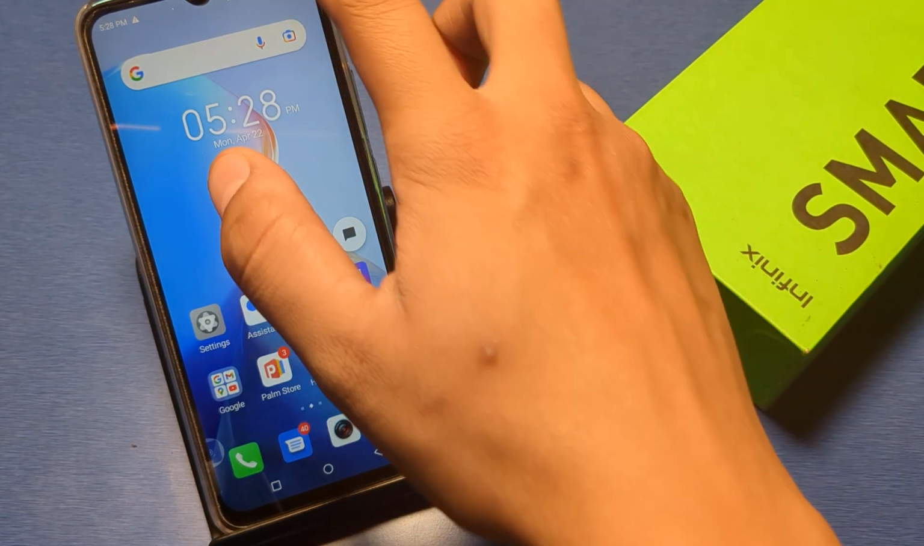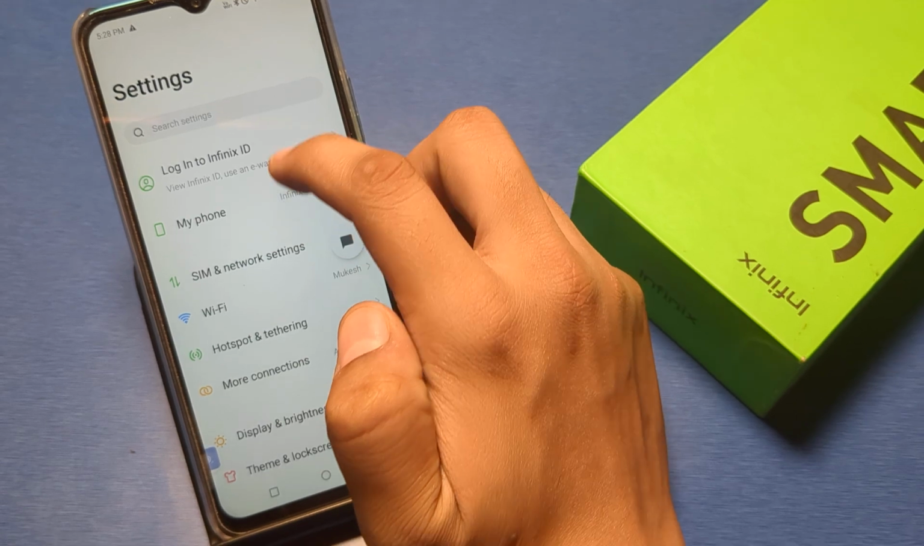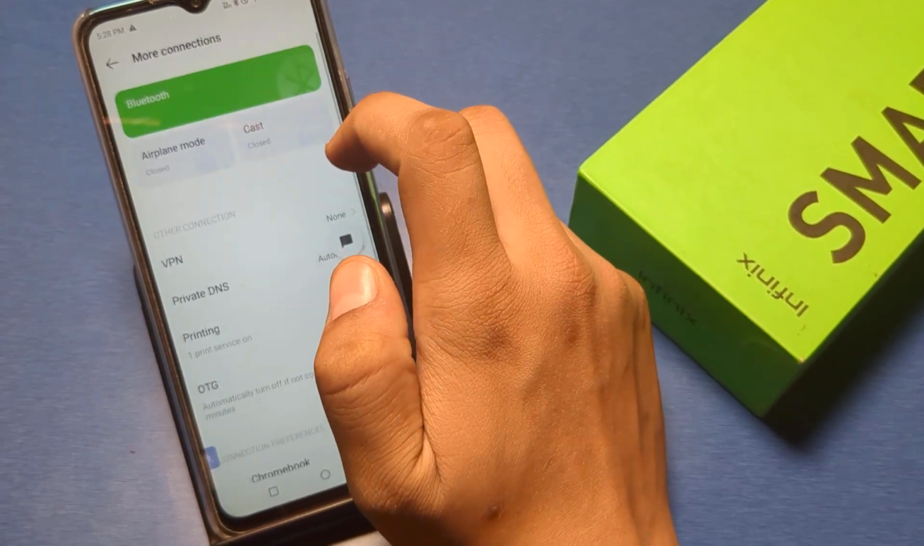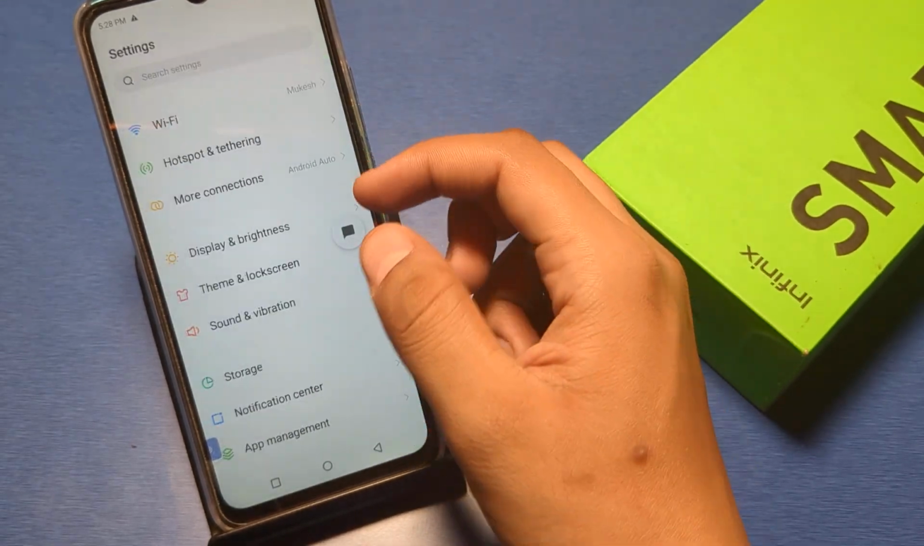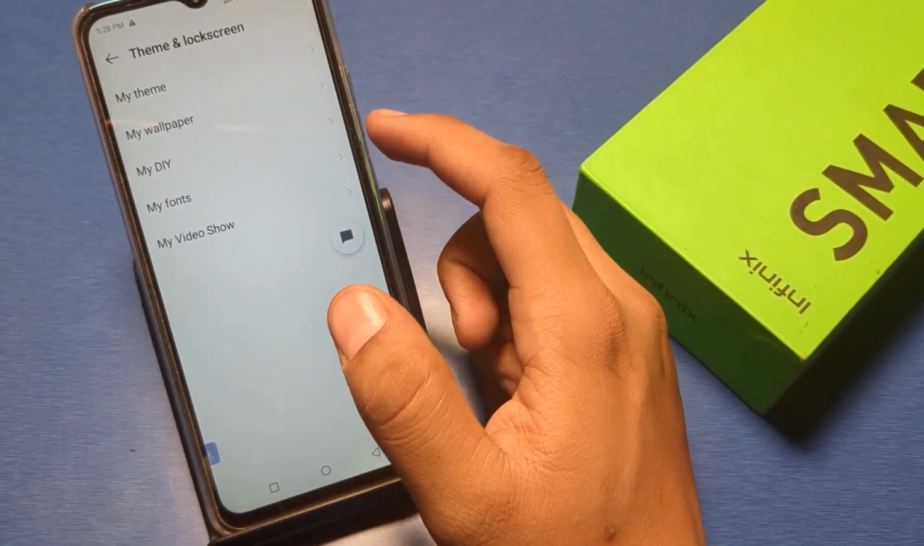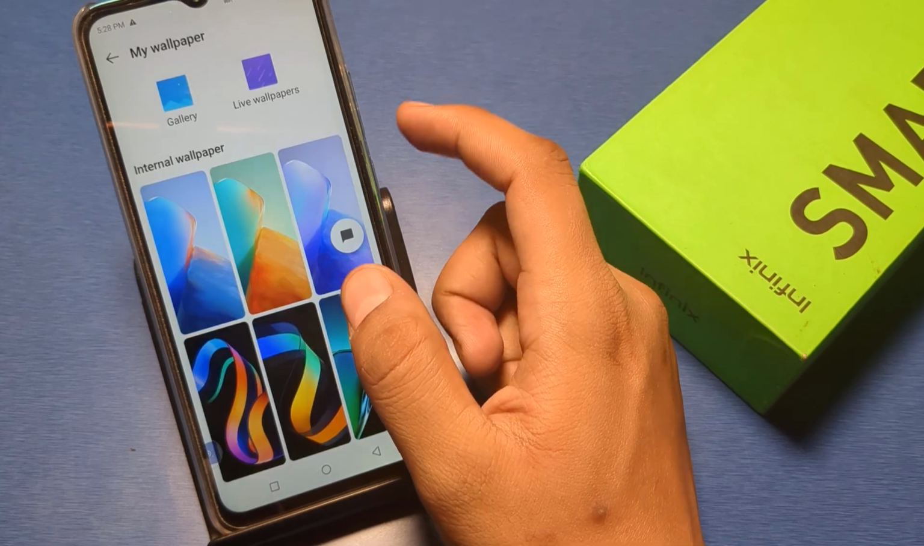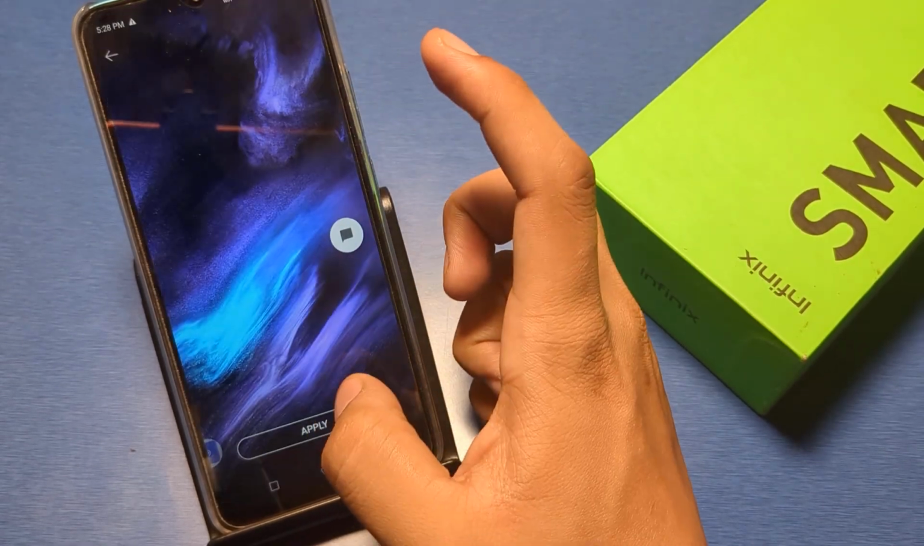So let's start. First go to settings in your phone, then go to more connections, and here you find, then press back. You can see there is a theme and lock screen. Then click on my wallpapers. You can get so many of